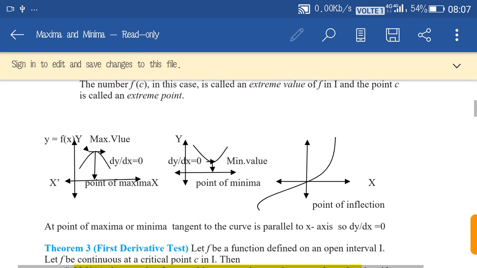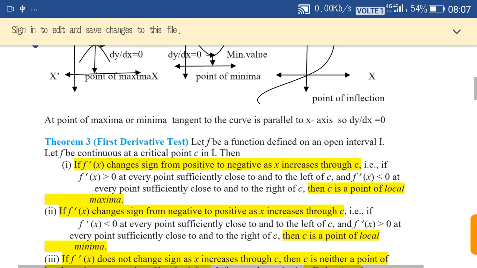Here, the point of maxima is called a critical point, and the point of minima is also called a critical point. These are the points at which the function has either a maximum value or a minimum value. So,